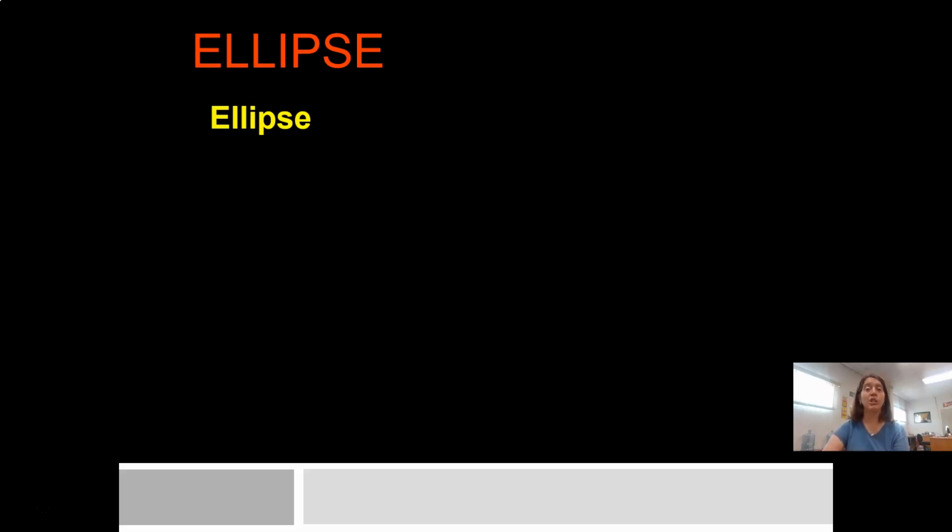For our purpose, I'm going to describe an ellipse as a flattened circle. Okay, so what does that mean? Another way that I can say this is an ellipse is going to look like an oval. I took my circle, which is normally perfectly round, and I flattened it. I squished it together at the top, so now it's a little bit longer than it would be going up and down. Or I took the circle on the side and I smushed it in. That way it's growing a little bit taller than it's going to be wide. So again, another way that we can think of an ellipse is as a squished circle. Now, what we're going to notice about an ellipse, and this is where we're going to focus our time with regard to how to graph,